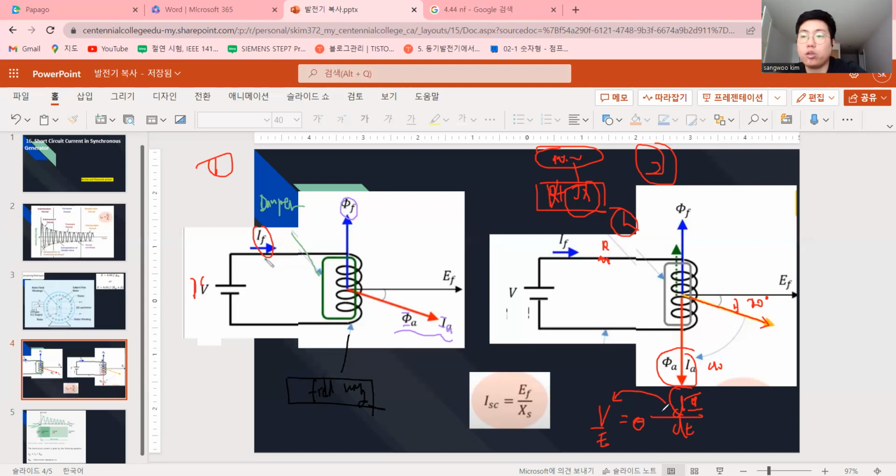Induced voltage and induced current happen, right? So in this situation, in the damper and then in the field winding, induced voltages and induced current are made because of the short circuit. You know what I mean? So look at that, guys, here. So what happened? So IF also